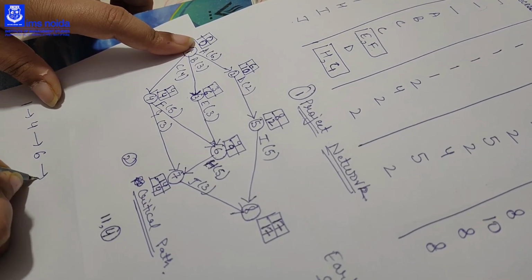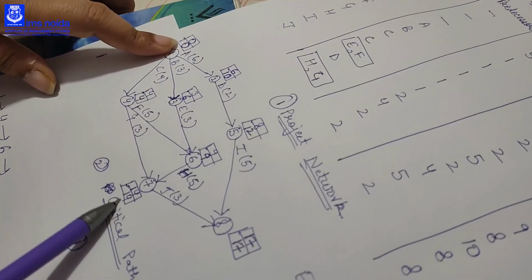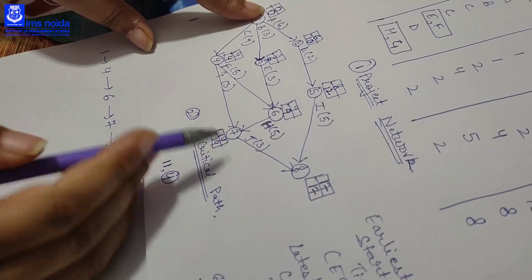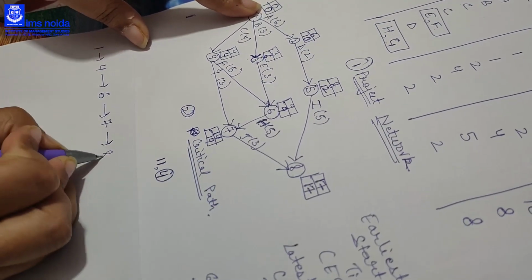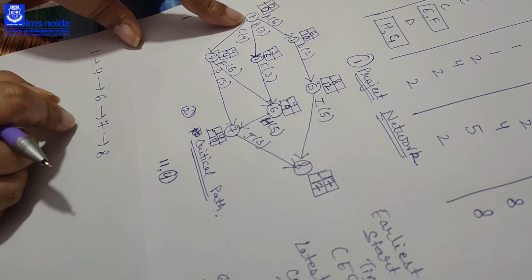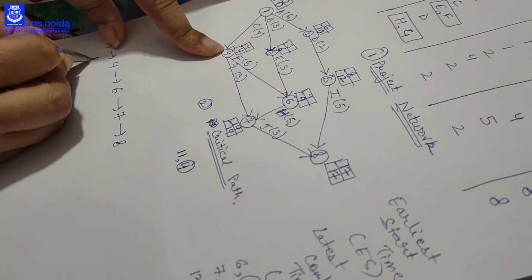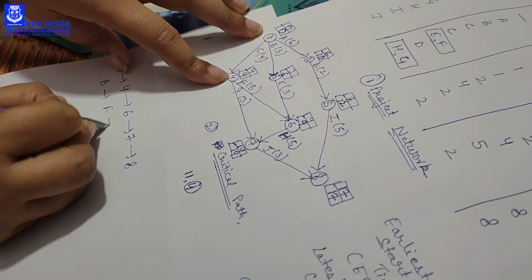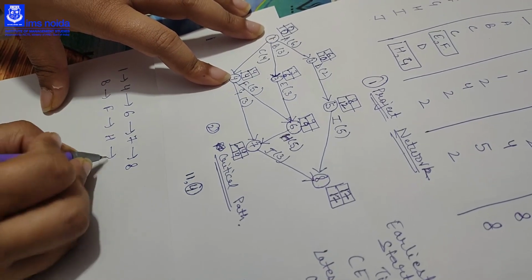6. Then come to the 7, your LC and ES is equal and 6 is joining 7, so our next node is 7. And again then we will go to the 8, LC and ES is equal and 7 is joining 8, so our next node is 8. Then we will take the activities joining these nodes, that is 1 to 4 B, 4 to 6 F, 6 to 7 H, and 7 to 8 J.